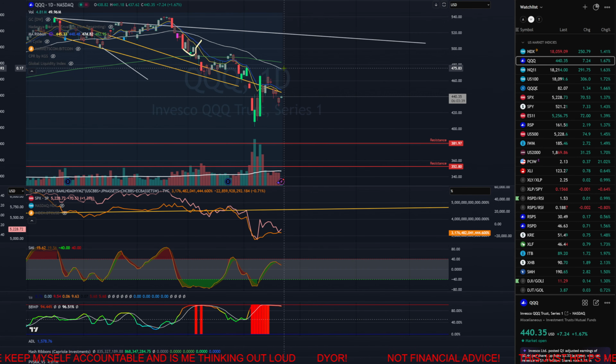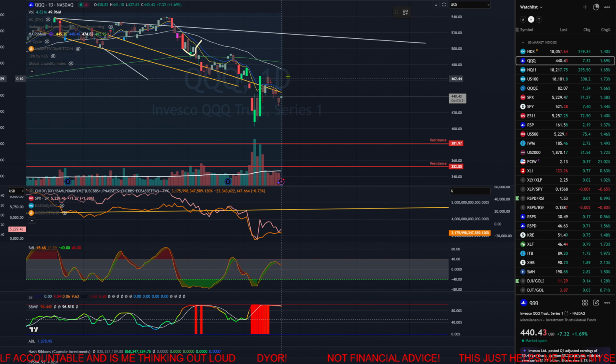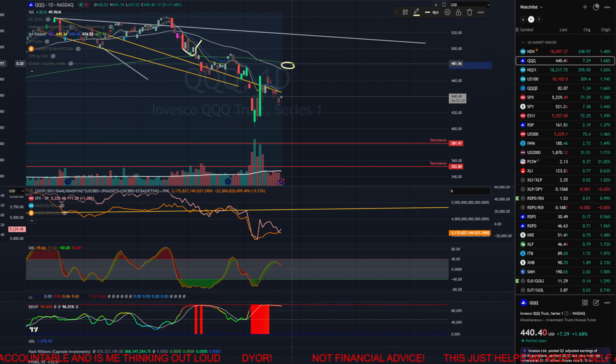I do expect it to come up and hit probably the 50 and the 200 still, and I've said that over the last few weeks. Still think these two are going to be critical though. I would expect it to pull back after that. Unless something comes out, Trump stops talking and stuff, and markets actually have some clarity